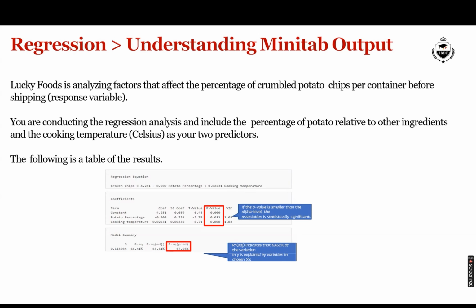So there are two X's. Whenever we have more than one X, it is called a multiple linear regression. In the earlier example, we did a simple linear regression because X was 1. Here there are multiple X's, more than one X. We are doing a multiple linear regression.